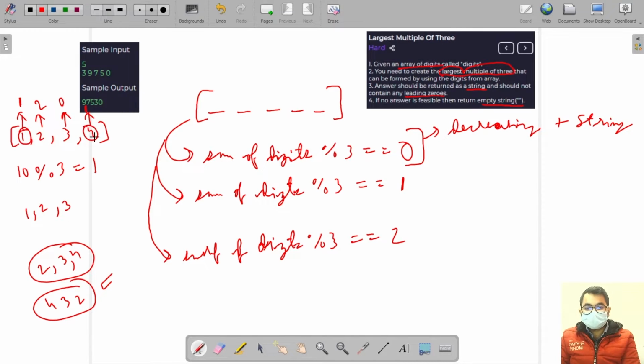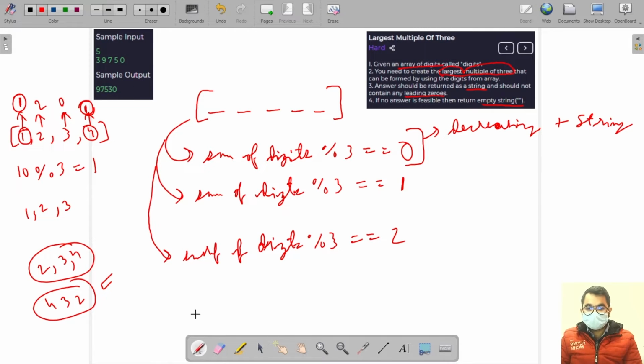Now I can see that only 1 and 4 are giving me a choice, for which modulus with 3 is giving me 1. Which means simply that if I remove the smallest number from this array such that its modulus with 3 is equal to 1, remove one number such that its modulus with 3 is giving me 1,